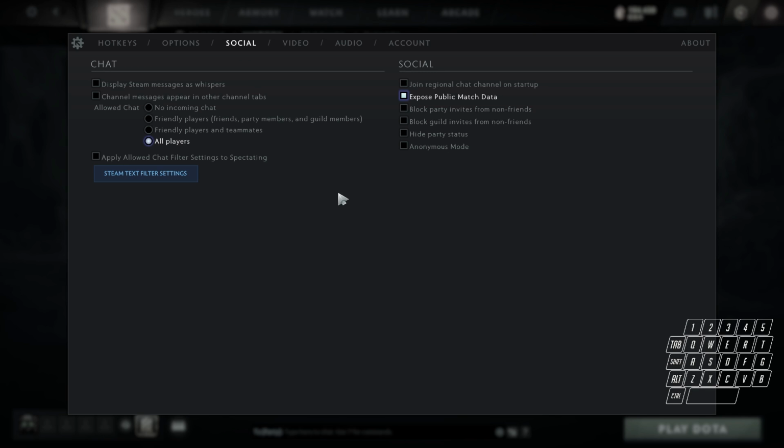My settings on social media are also very interesting. It is just kind of everything is off. The only thing I'm sometimes doing is disallowing chat, so no incoming chat, because I don't want to see any messages. But I will recommend you putting this on friendly players and teammates so you don't see the all chatting from the enemies, and this is kind of annoying, so I will definitely recommend you muting the all chat and only listening to your teammates. That's it. Plus, one more thing is expose your public match data if you want to see yourself on Dotabuff or all the third-party services where you can see your statistics in Dota and have a deeper look into it, and on your own account.